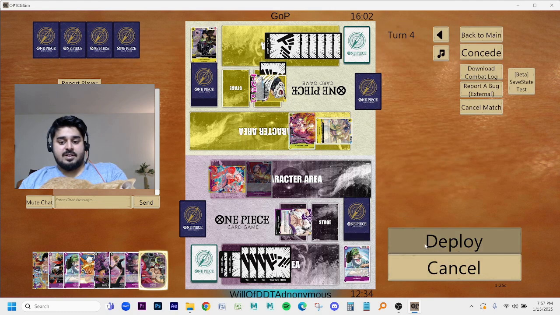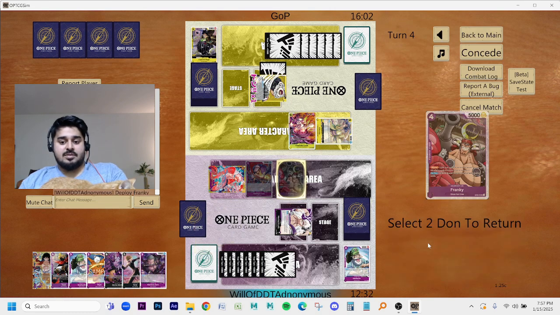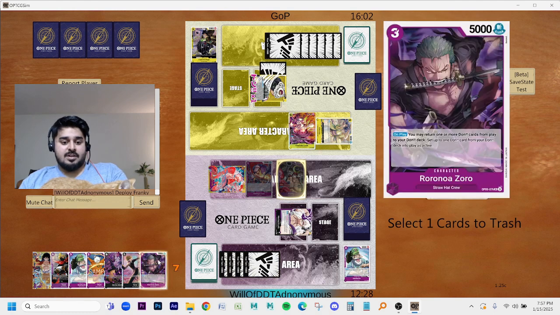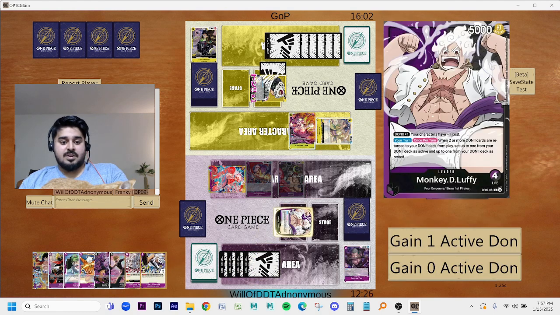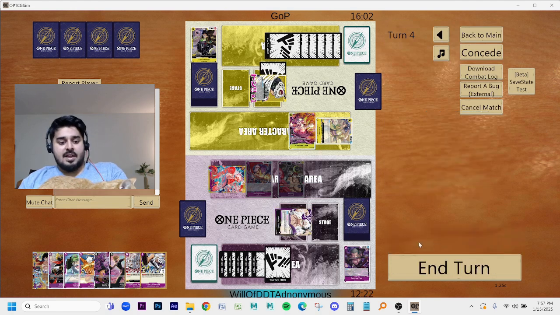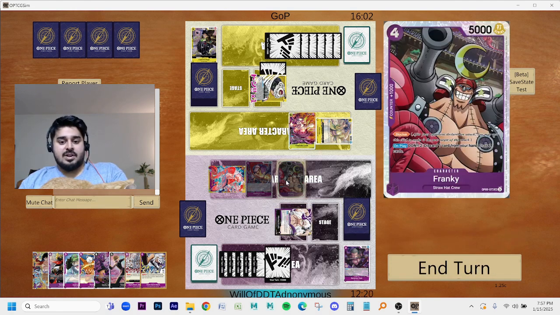Then we are definitely going to play the Frankie. Use the card action, return 2 Dawn. Select a card to trash, definitely the Zoro. Oh, very nice. Gain 1 active, 1 rested. And then I was going to say, we either attach the Dawn to Frankie